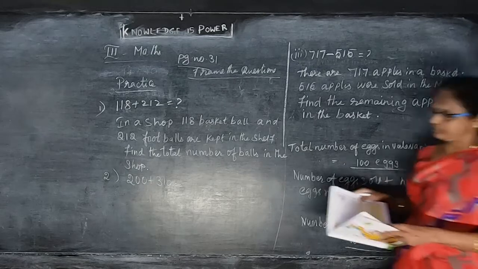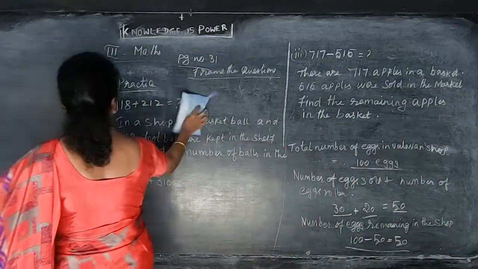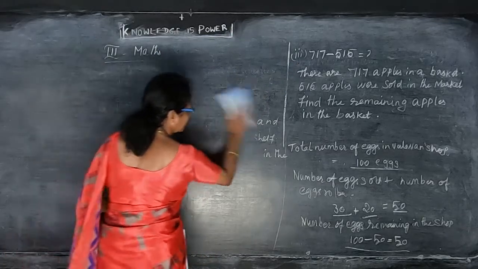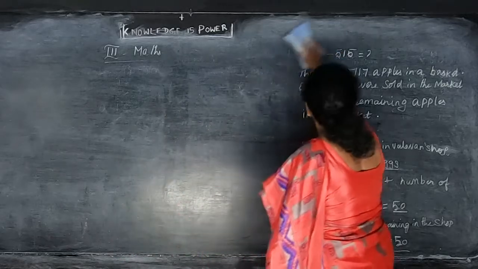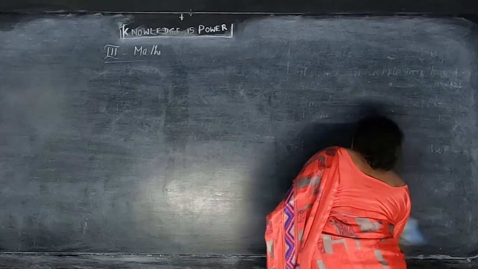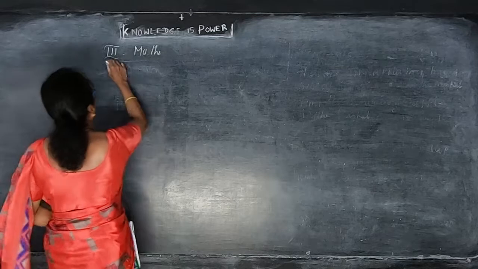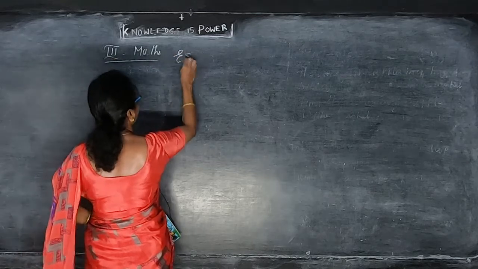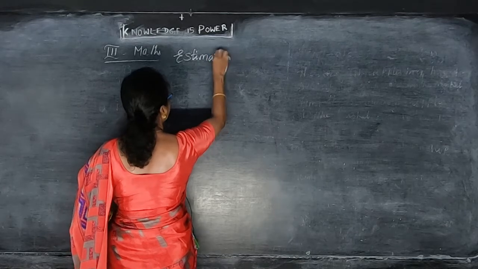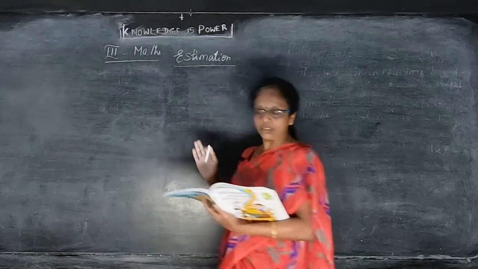Now we will move on to the next one, estimation. So estimation is a very easy one. So easily you can estimate the problems by doing this. That is how your parents ask you to go to the shop and buy something. What will you do? You will go and buy everything and say how much you have spent, how much is the remaining.